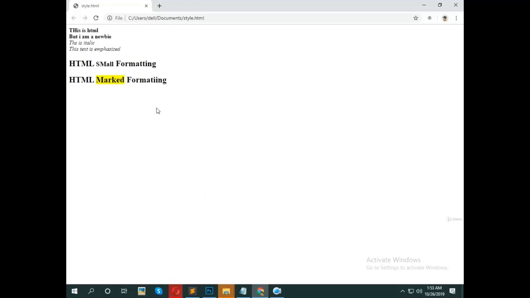You see that the marked text comes with a yellow color, meaning if you ever used a highlighter in your notebook, you would mark anything important in your books. That's the same function as the mark tag. Okay,